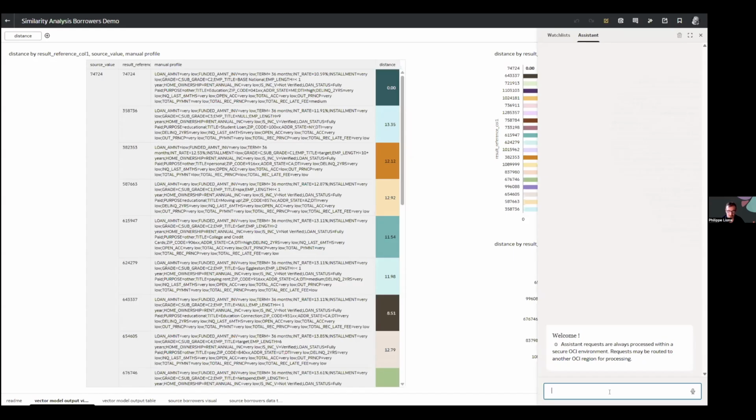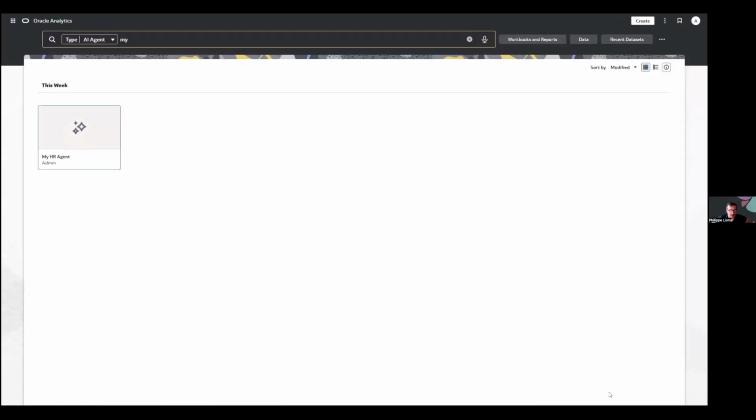So what I've just shown you here is a consumer having access to assistant and being able to ask a question to the assistant, to the data that supports this workbook. We're now introducing a new concept which will be in limited availability before the end of this year, which is called AI agents. So let me toggle to another demo yet.